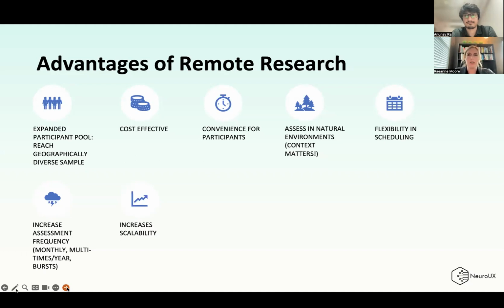It also gives us a lot greater flexibility in scheduling and the ability to increase assessment frequency, which I think is a really huge advantage of using remote methods for testing, so that we can test participants not just at the beginning and end of a trial, for example, when we're thinking about clinical trials, but throughout the whole trial or at multiple points throughout that trial, and really see when is that point that the intervention is actually having